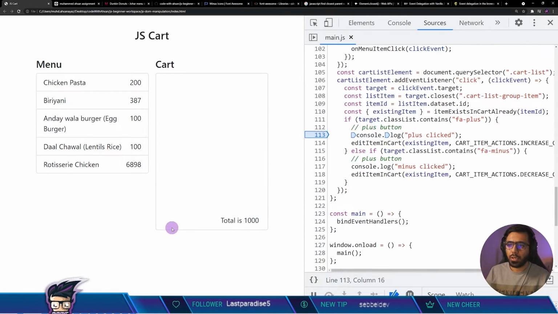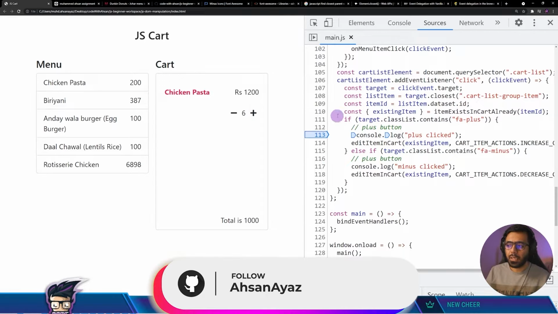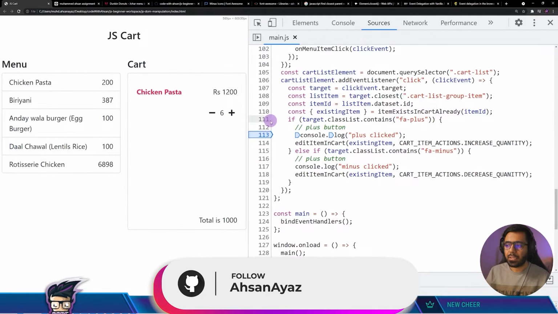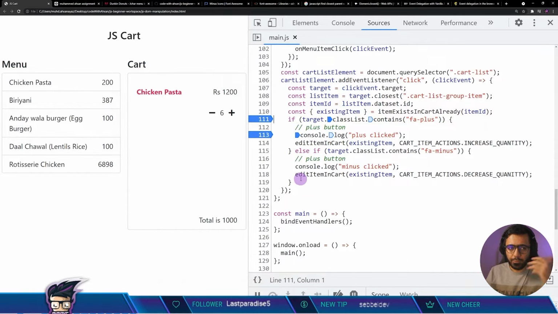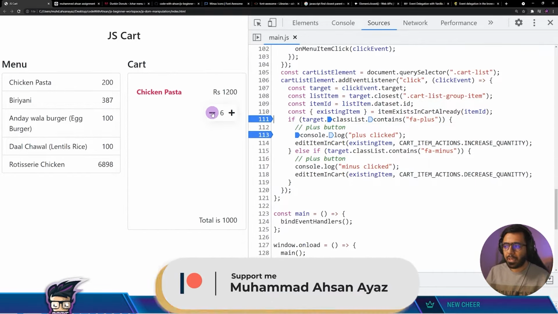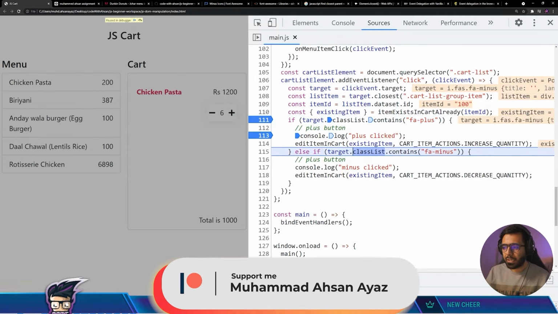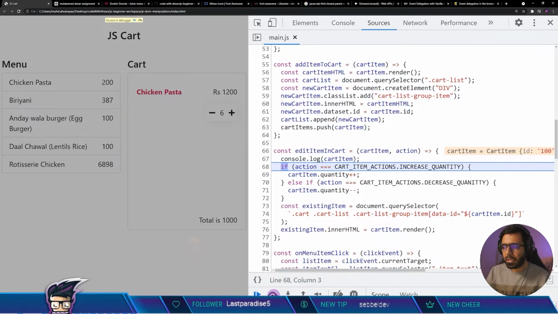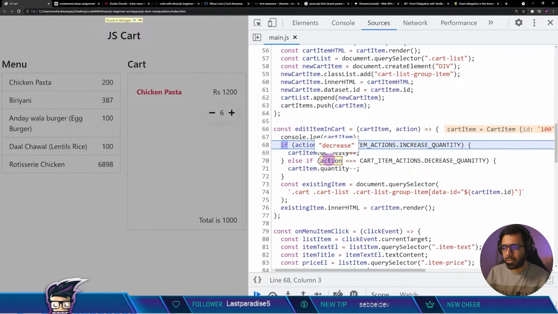So if I go here, refresh, add one item, add this minus, boom, everything automatically calculates. Why? Because when we click minus, it does the exact same thing but just decreases the quantity. So if we try to understand what's happening, if I click minus, it comes here, it goes inside the minus case, which is this one, then it goes inside the edit item cart here, then it checks the value of the action, which is decrease,